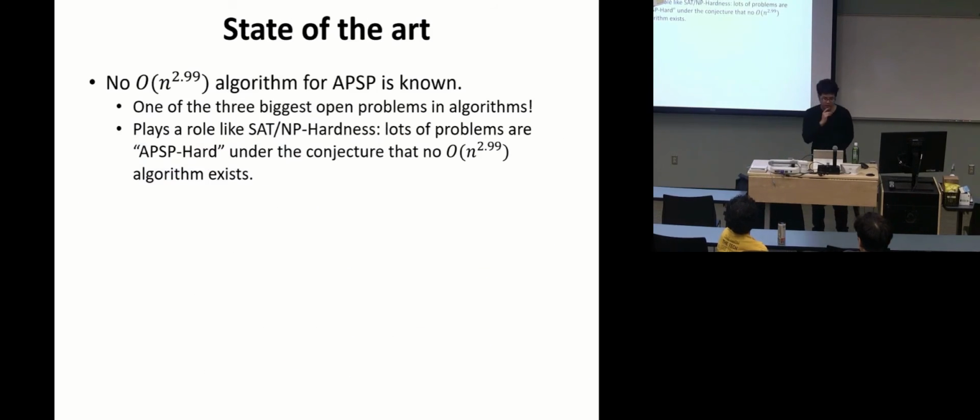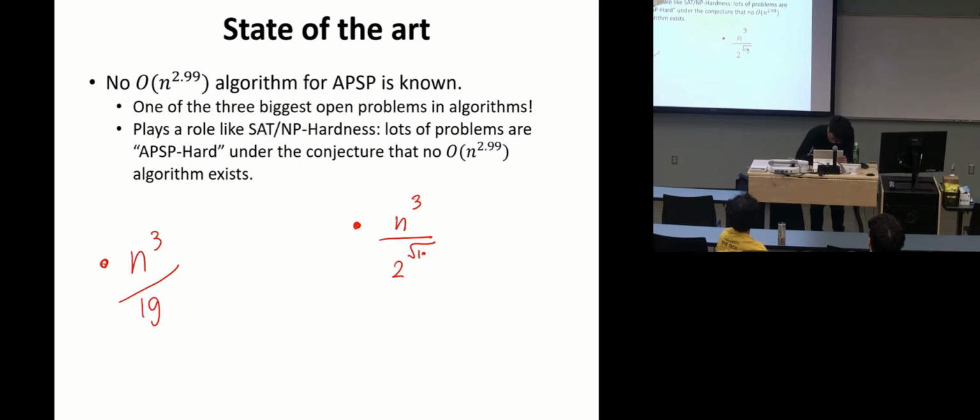The state of the art for all pairs shortest paths is that no one knows how to improve upon n cubed. There is a bunch of work that gets you something like n cubed over log n. But right now, the best algorithm actually takes something like n to the... This is the best algorithm. This is a weird looking expression, but